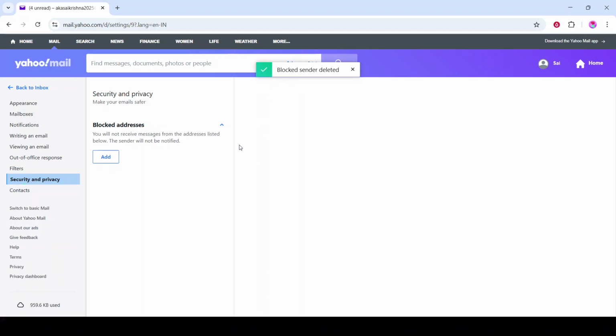After you confirm, the address disappears from blocked addresses. That change takes effect right away. From this point forward, emails from that sender won't be blocked by this list, and they can land in your inbox again. Keep in mind, unblocking doesn't recover old emails that were previously blocked, and other filters you've set up,